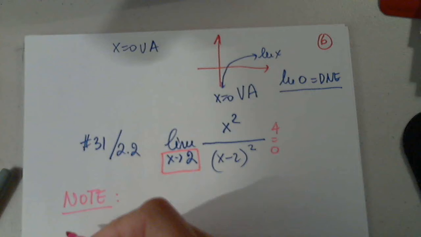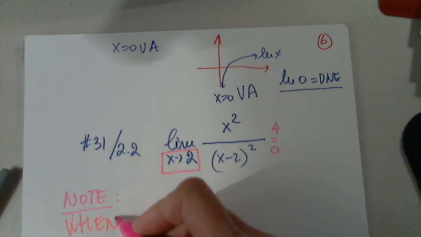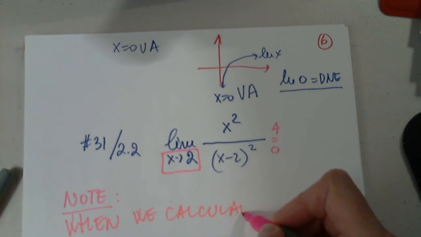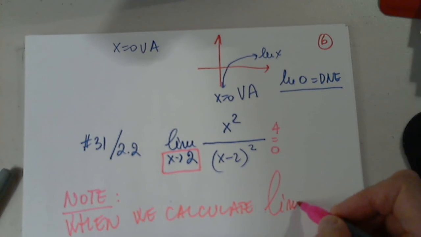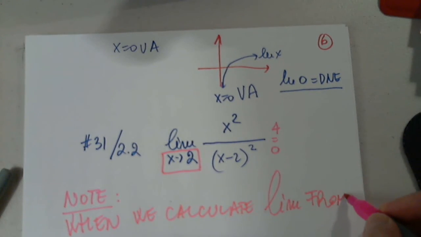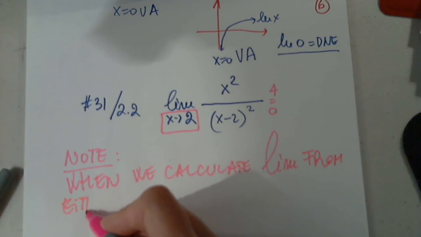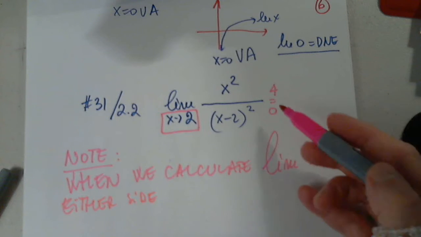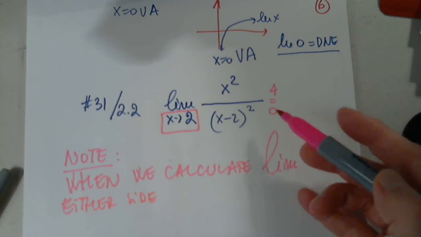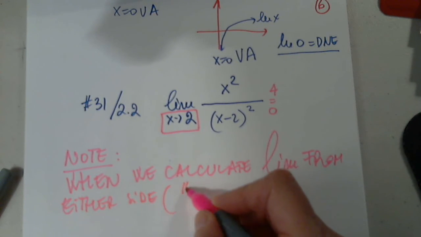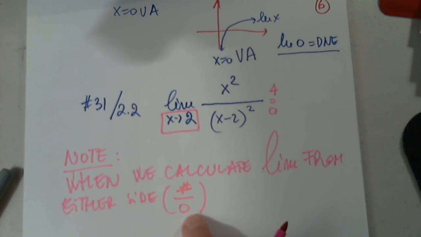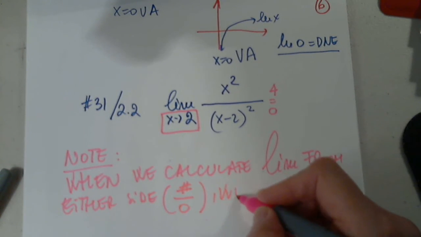Note, when we calculate the limit from either side and we get something like this, in parentheses, whatever not 0 over 0, in this situation we must